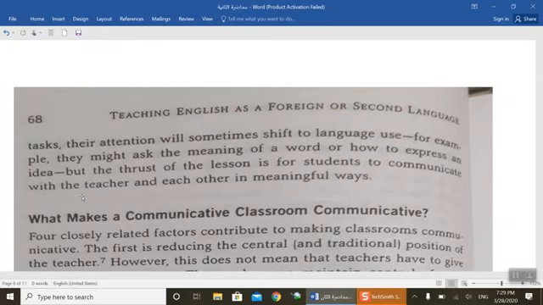What do the teachers do inside the classroom? Which way do they have to follow? Is the teacher the center of instruction, or are the students the center of instruction? What is the difference here between the teacher-centered and student-centered class? Okay, the same question is repeated again and again.